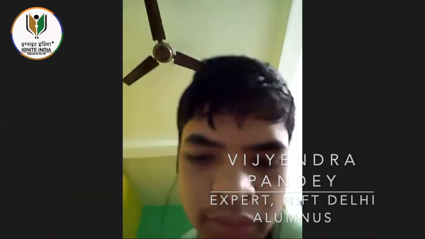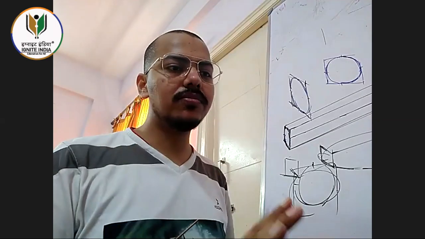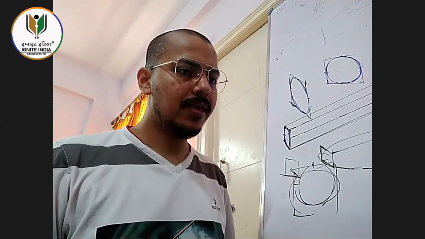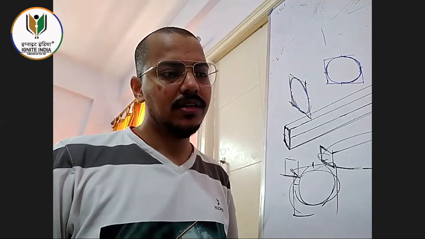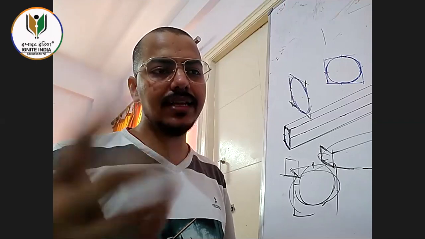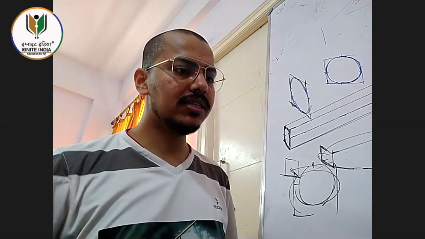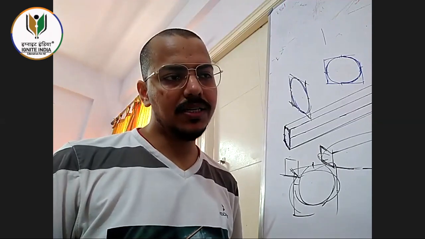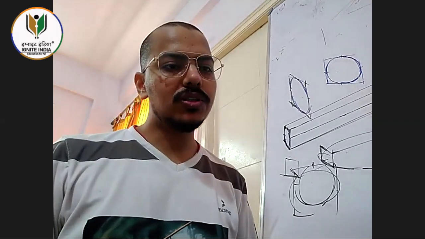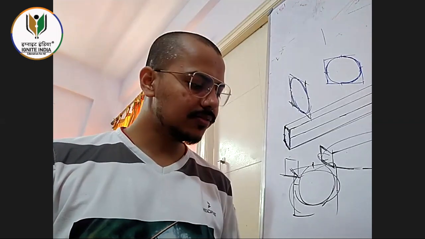Perspective is a thing where we take any 3D space and create that on paper. The paper is a 2D flat surface, but we have to create 3D on it. Now there are 3 ways to do it, creating depth. One, you have light and shadow. One, you have value addition in the line, and one, you have perspective. Light and shadow is product oriented, and there we create rendering and all this stuff.